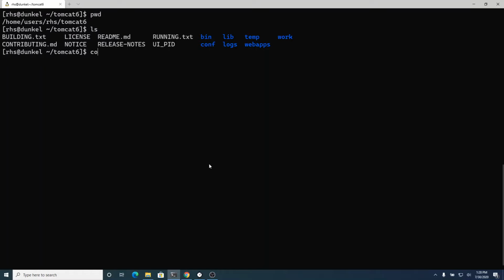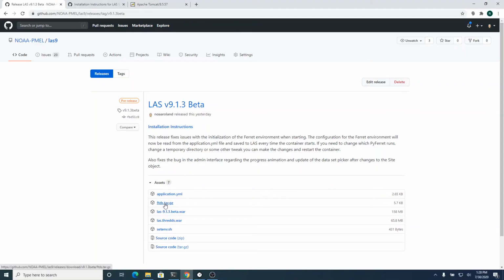And you know, if you have installed threads before, it makes a content directory. And then under that content directory, it puts all its configuration. So we're going to put the configuration we need for the Ferret data server under there. And we can get that from the assets on the release, this FTDS tar file.